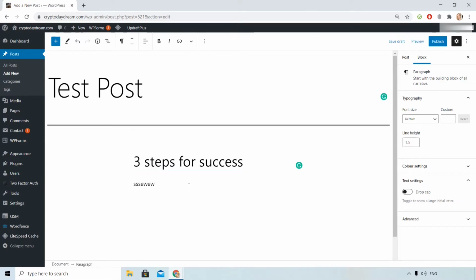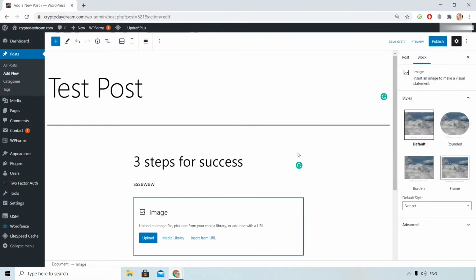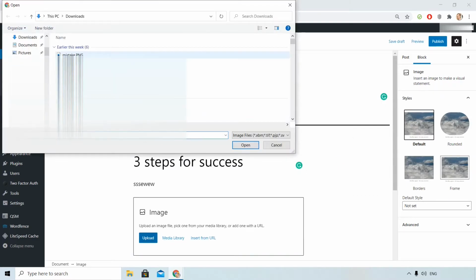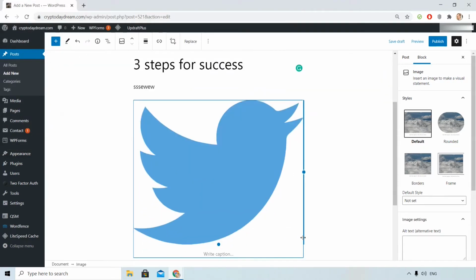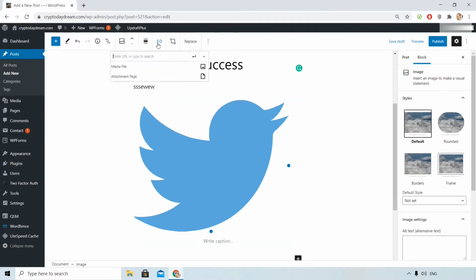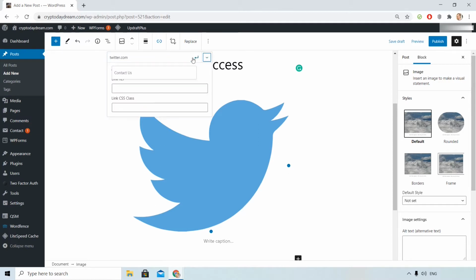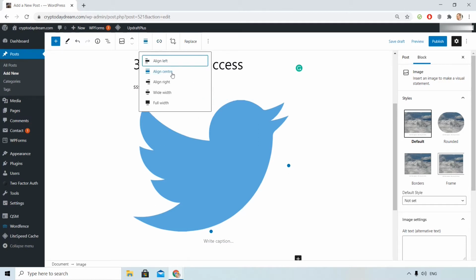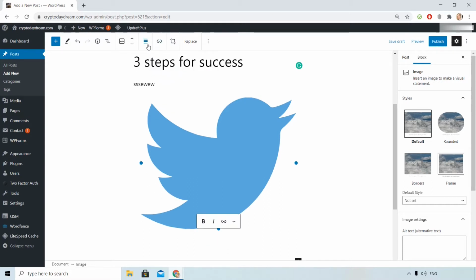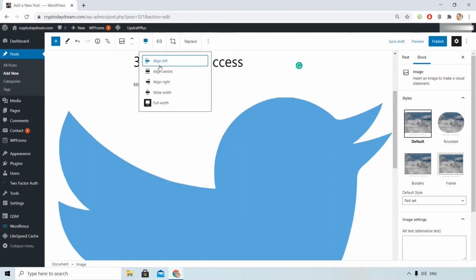Now here I can choose another block. I can add an image from my media library or directly from my computer. I can make it smaller, bigger. I can add a link. I can align here the image or the text.